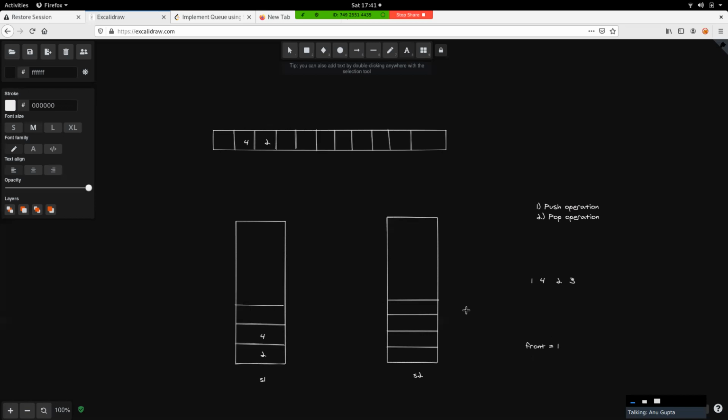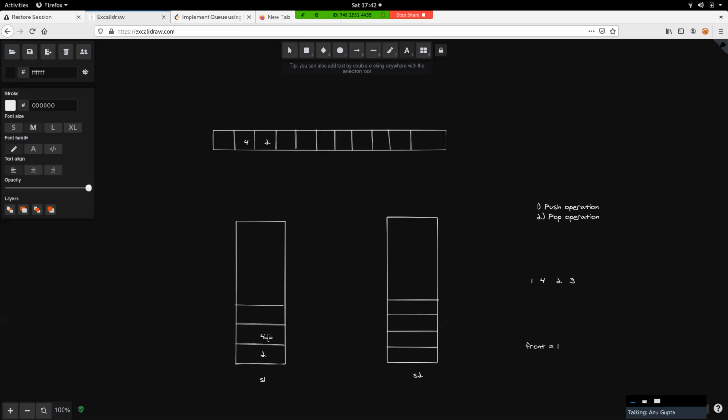Now one more thing, since we have also inserted, let's say the next element is 3, right? Now what we can do is we can just do the same thing we have done. We check if our main stack is empty or not.